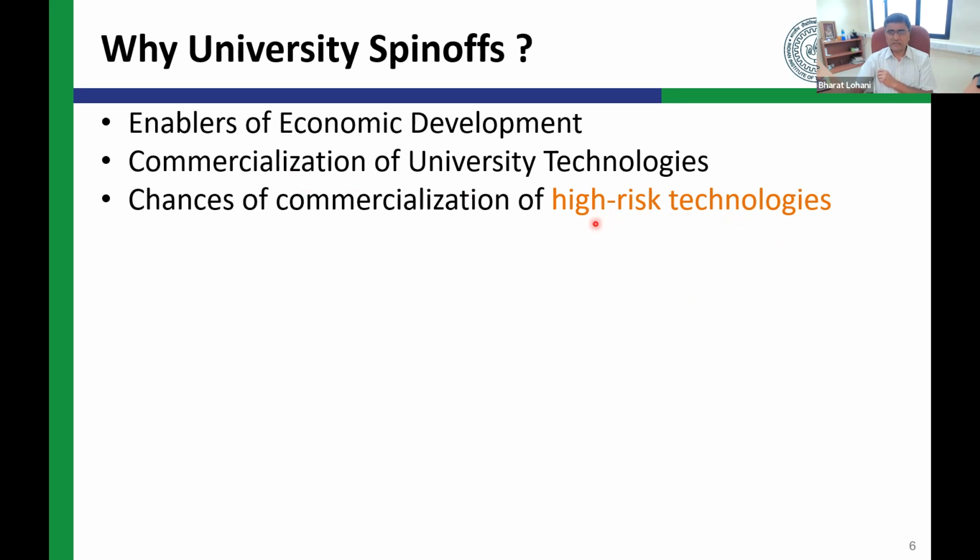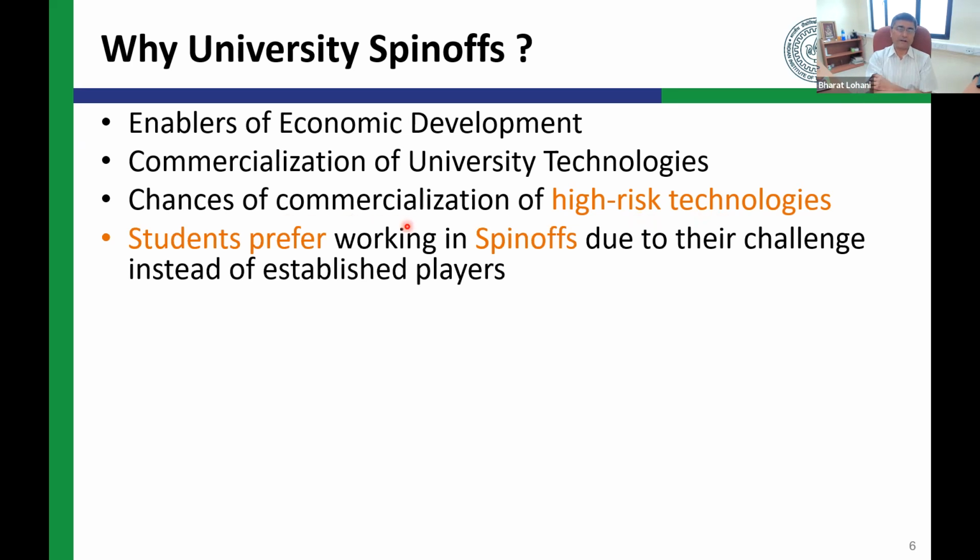And another thing, as I said, in universities, we have this freedom of working in high risk areas. Because in a university environment, within the academic environment, we can always take the risk. And because in the case of the research, we take it as granted that my research outputs can be positive or can be negative also. Because the negative research output is also a learning. So the university setup provides this opportunity that we work in high risk technologies areas. So once we succeed in this, there is now this scope of commercializing these technologies, taking to the market.